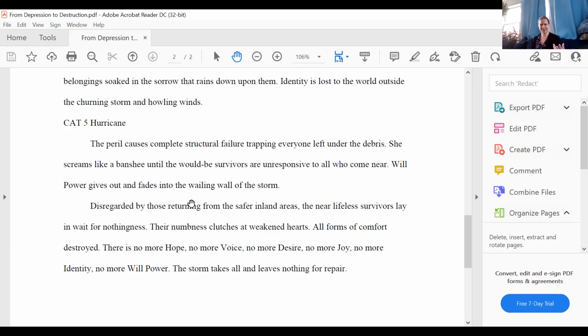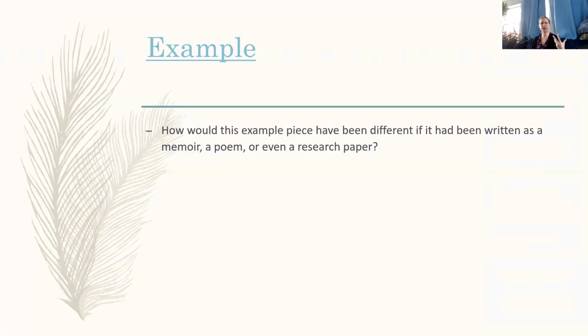So with this piece, I know that's a little jarring to come out of after having heard that piece. With this piece, what we really have is a mix of genres. And I want you to take a moment to pause, reflect, and think about how this piece would be different if it had been a memoir?